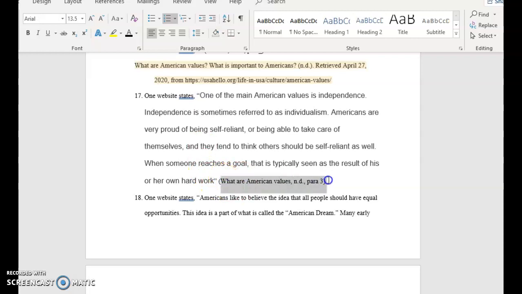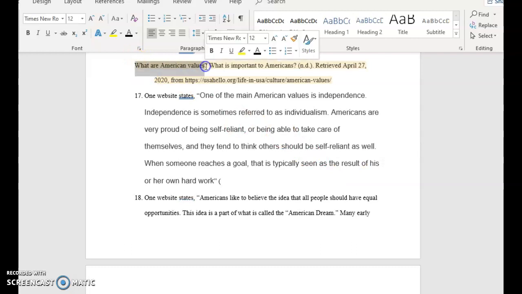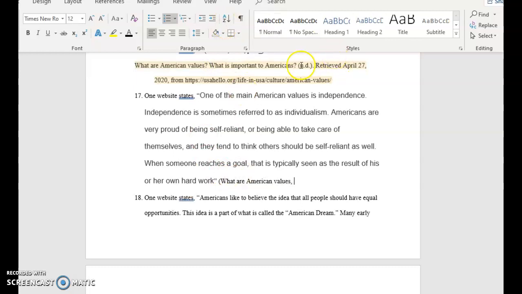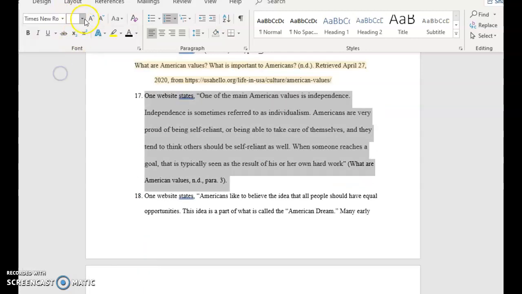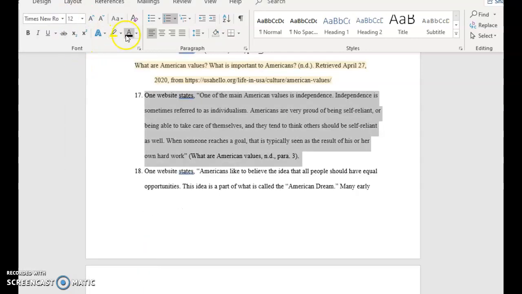And then again, for an APA in-text citation, what you guys are including is whatever comes first here. So "What are American values?" That's what I'm titling it. "What are American values?" Okay, I'm putting N.D. because there is no date, so we couldn't find that. And then, as I said before, it was from paragraph 3. So I put "para 3," and then I put my period outside the parentheses. Okay, so now you guys can go back and make this Times New Roman 12-point font. If you want to make sure that it's black, you can click on that,